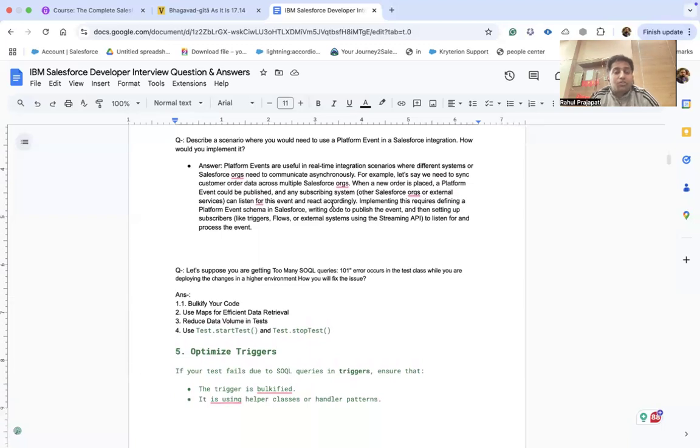Now let's move to the next question. Describe a scenario where you would need to use platform events in Salesforce integration. How would you implement it? Guys, you might have used it or you might not have. You can give the answer accordingly. That doesn't matter, you have to give the answer. Even if you did not implement it, you can say yes, I just completed some Trailheads and I have the knowledge of this, but couldn't get the chance to work on it exactly in